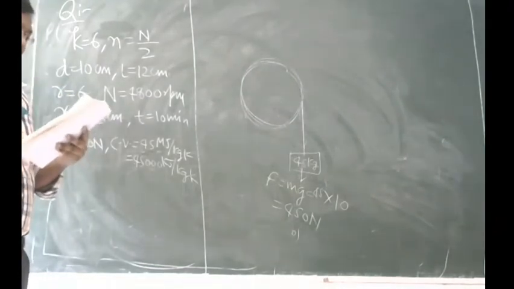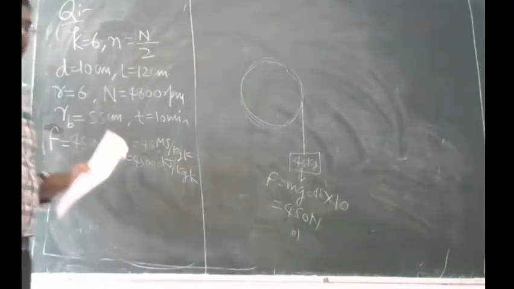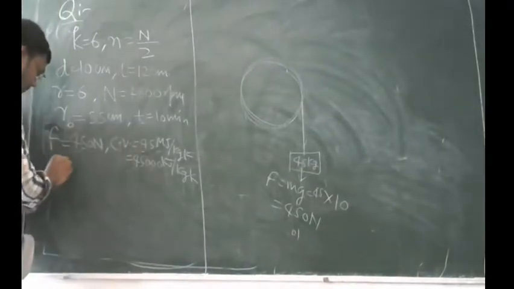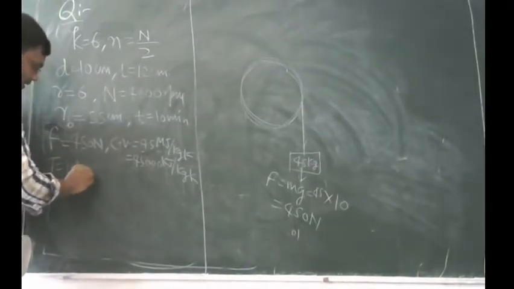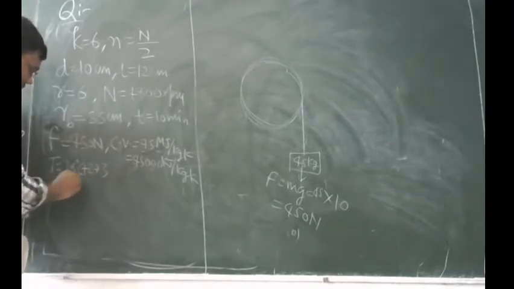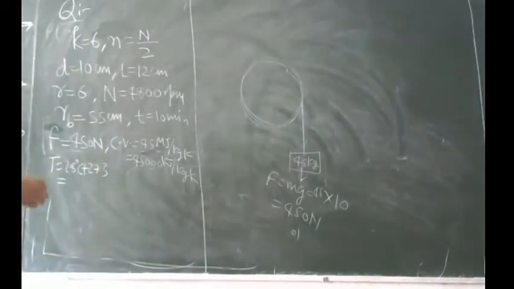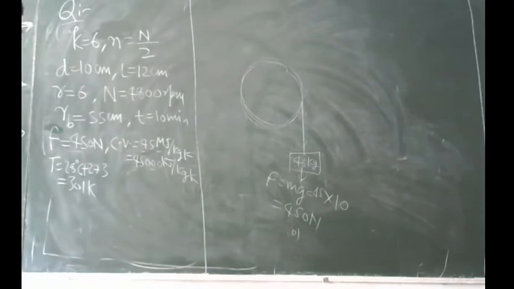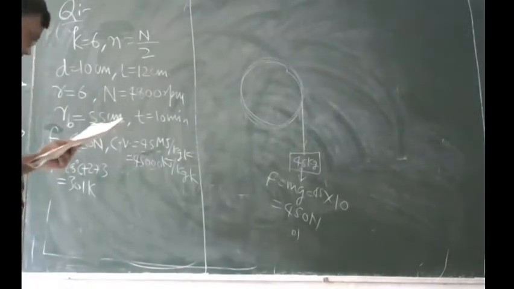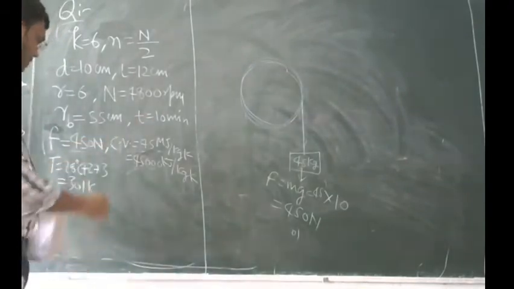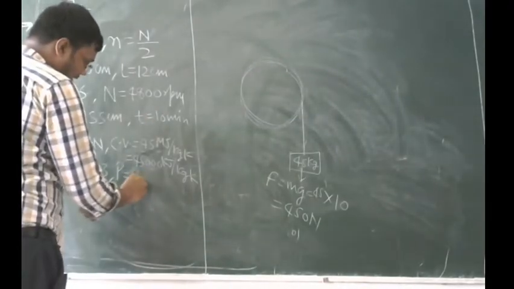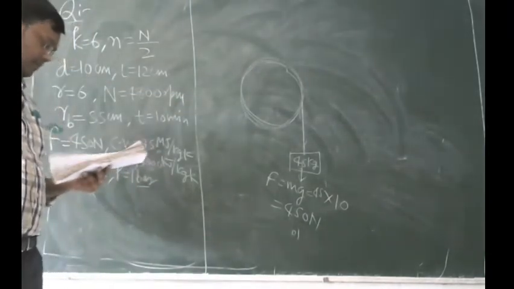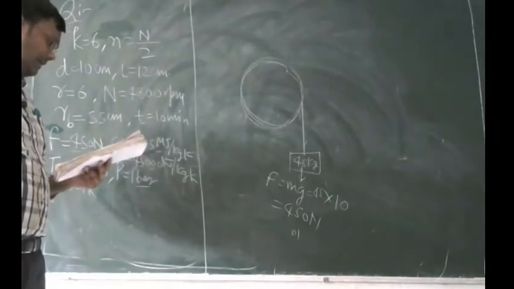The carburetor receives the air at 28 degrees Celsius. These are the ambient conditions: the temperature of the air T is 28 degrees Celsius. We can convert it into Kelvin by adding 273, so we get 301 Kelvin. And 1 bar pressure is given here, P is equal to 1 bar, which we can convert accordingly later.